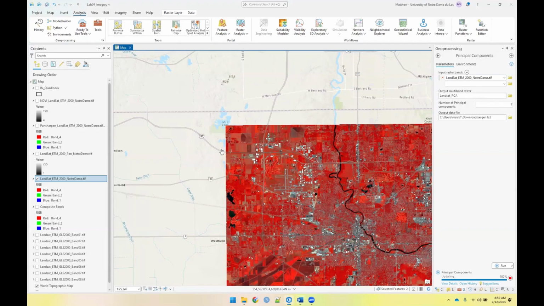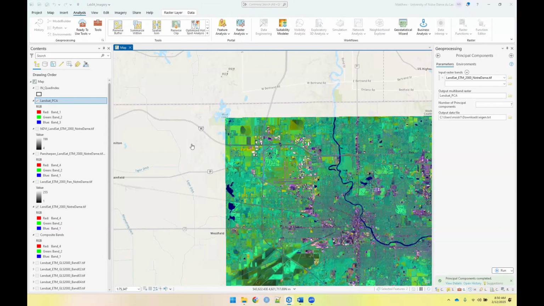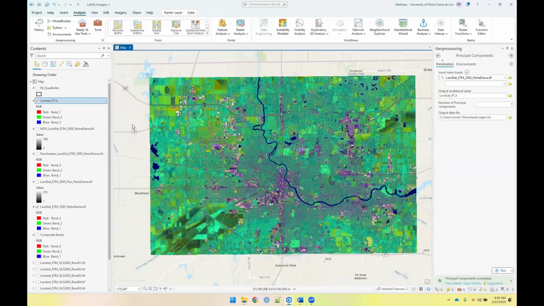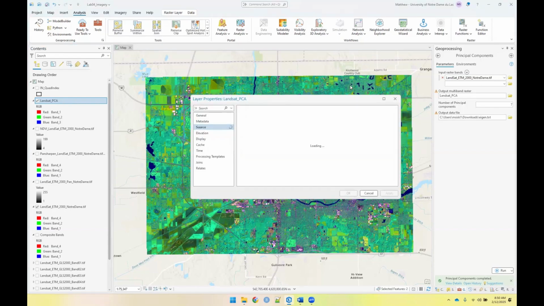So as soon as this thing is done, now that I've re-given a lecture about principal components, the other thing that it always likes to do, which is really silly, is it brings it in as if it's a false color image here, an RGB image, and it's not. So that's why it looks like, I don't know, the Hulk from space or something like that. So if we go through, into